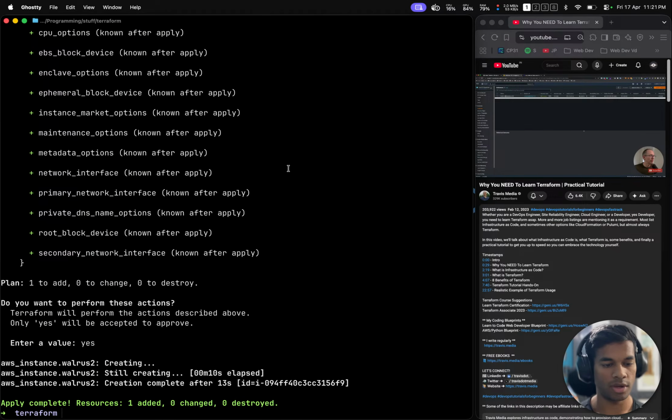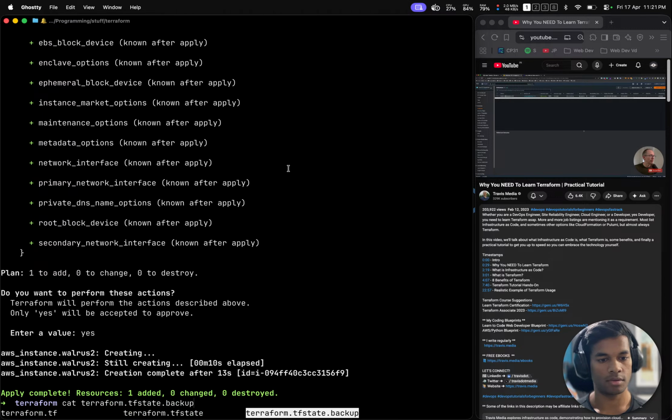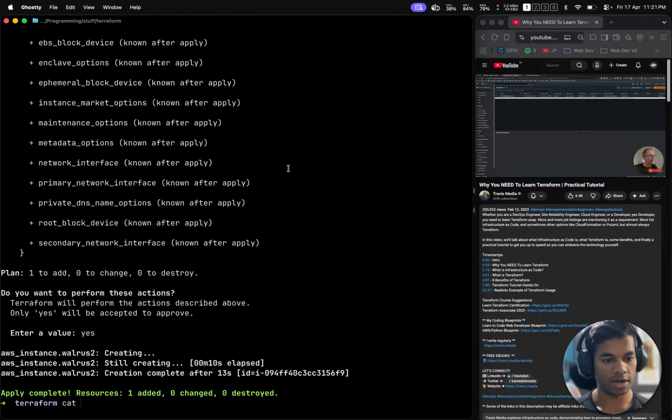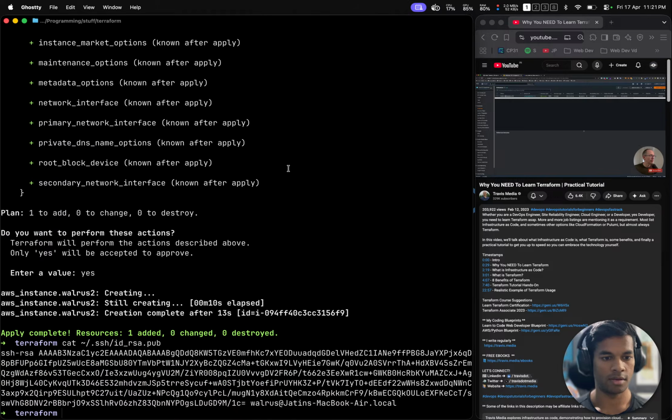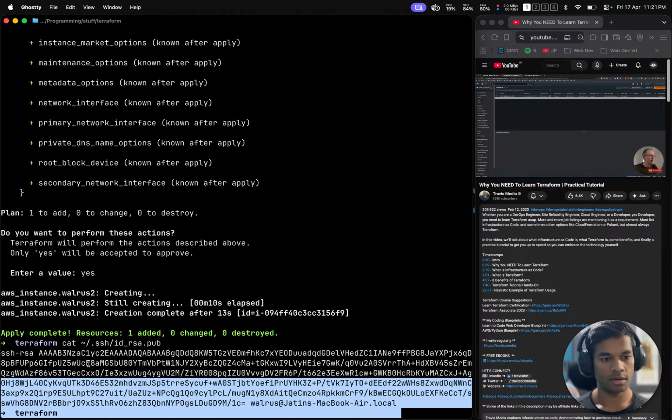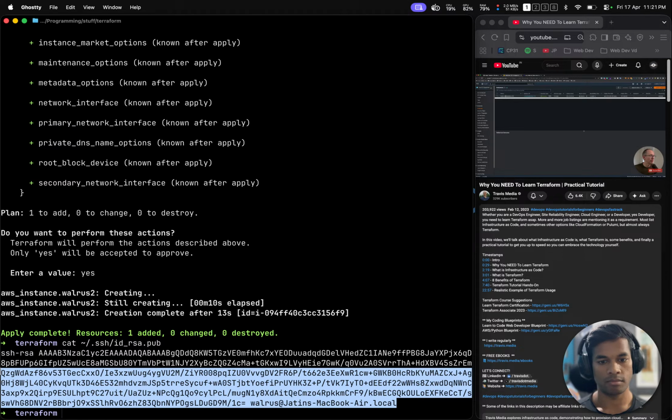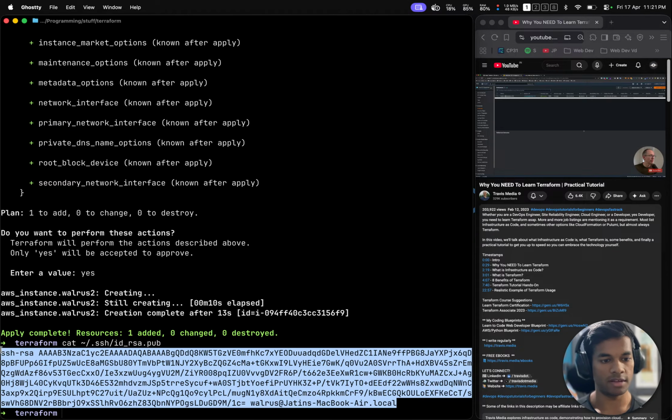So what we can do is, I do have a default key for myself, and by default key I mean this dot ssh slash id rsa dot pub. This is my default public key, and just copy this